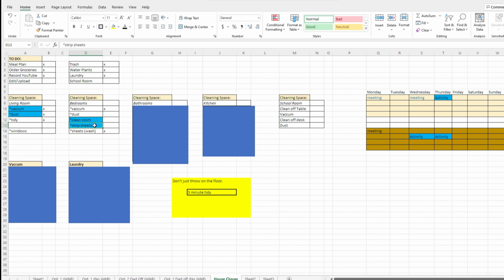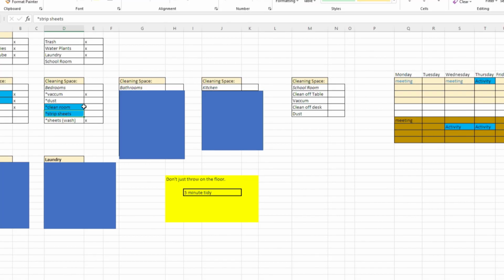Okay, that's something easy she can do. She can straighten her room and she can strip the sheets from the bed of her room. So I have that. Obviously, I will be doing my room, but I have this as a reminder to, hey, this is Blue. Let's have her do these things in her room. And I will do the vacuuming and the dusting, and I will wash the sheets and get them put back